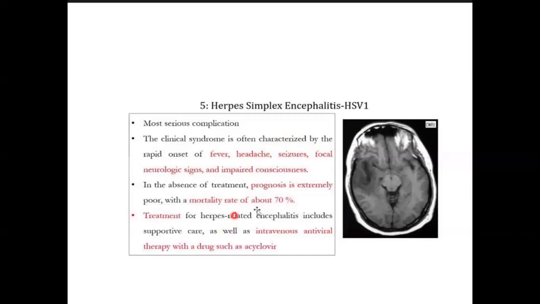Then in the absence of treatment, prognosis is extremely poor with a mortality rate of around 70%. So in these patients, we have to be really, really fast. So treatment for herpes-related encephalitis includes supportive care as well as intravenous antiviral therapy. And the drug of choice is acyclovir. You have to remember this. So in exam, they can bring for you a picture like this. Then they ask you, what is the drug of choice for the treatment of this? So this is